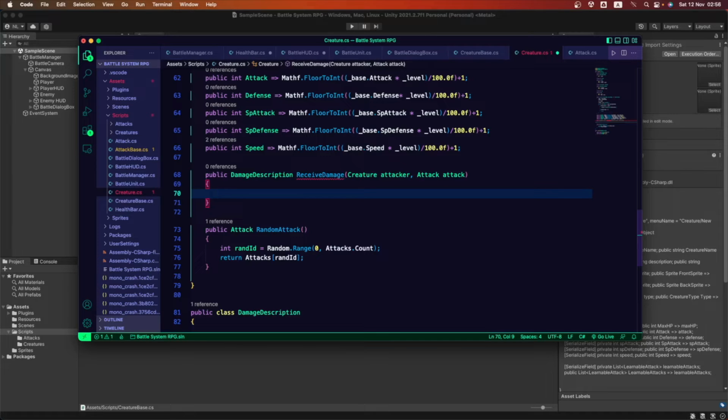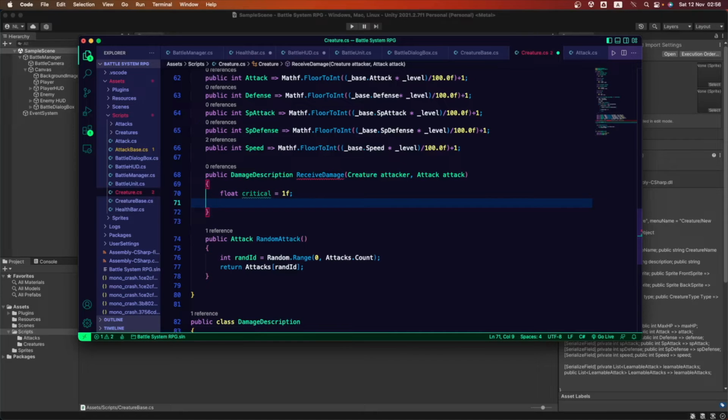So first, we're going to create a value for the critical. It's going to be 1F. Bear with me, all of this is going to connect and make sense as we go writing it.